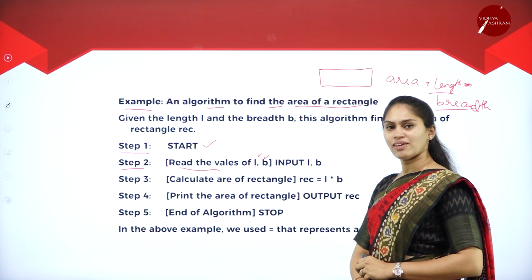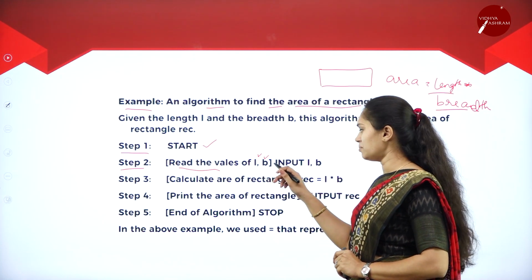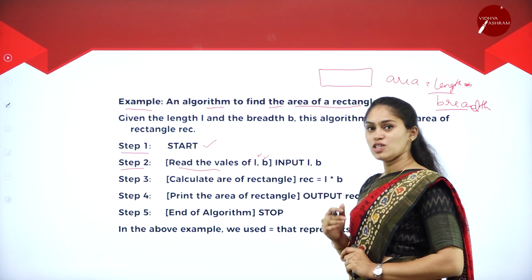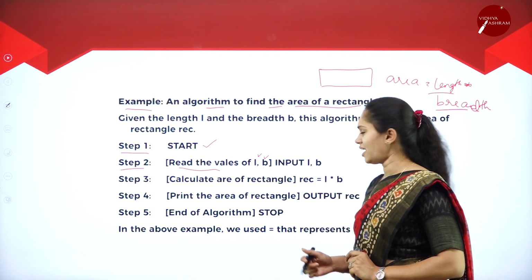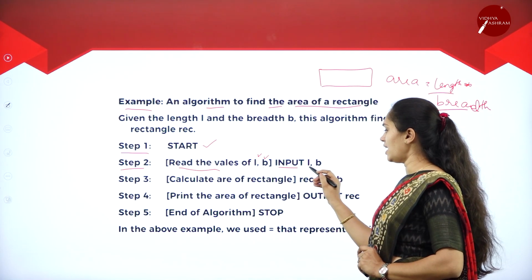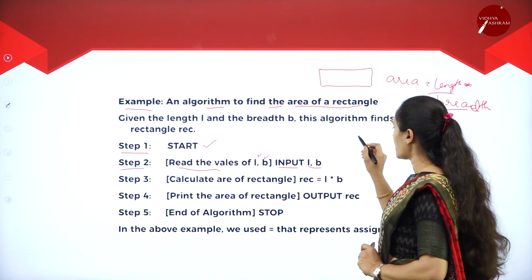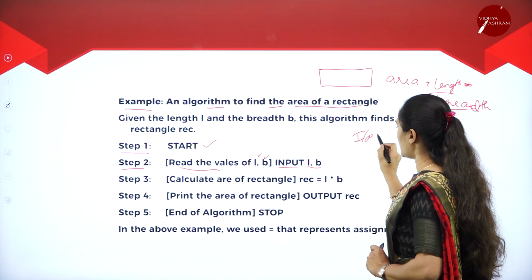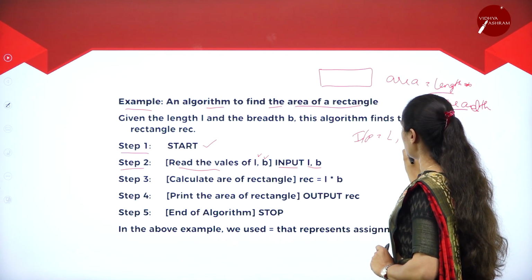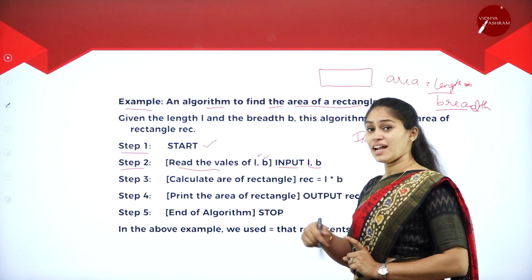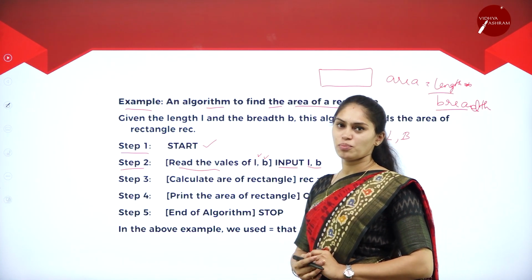So what are the values that we are taking? L and B. So here L stands for length and B stands for breadth. So what are the inputs that I am taking then? That is input L comma B. So these two are the inputs. So understand what are the inputs that I am taking? L comma B. Okay, these two are the inputs. Then which is the next one? It has to process. Then how will it process?